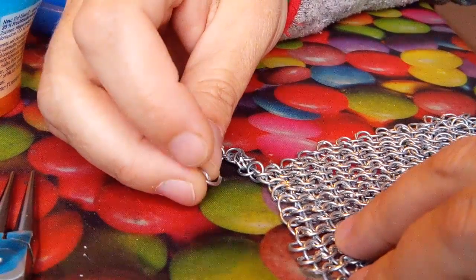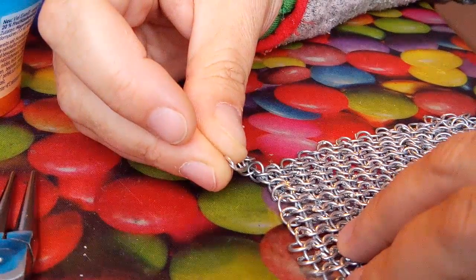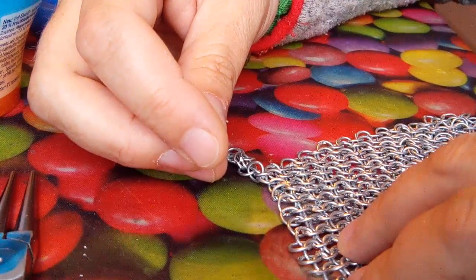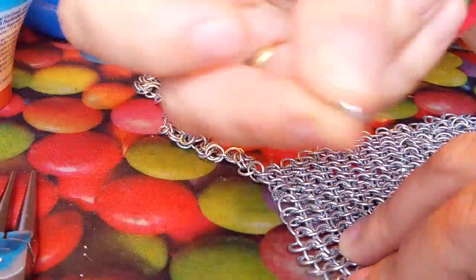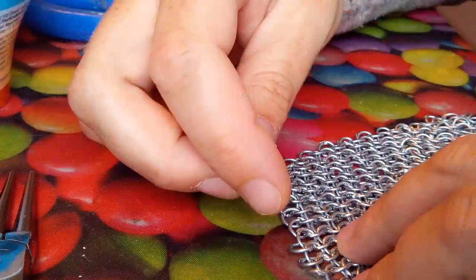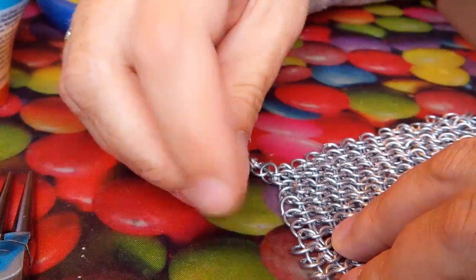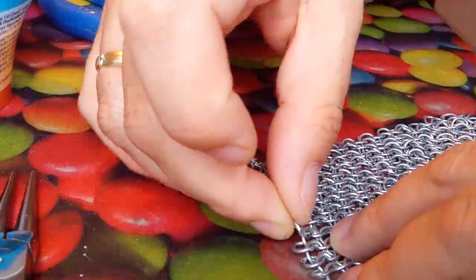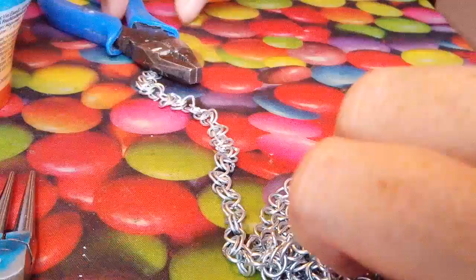and I will show you now how to put the rings together. They are made of wire wrapped around a dowel and then cut with a wire cutter. And now I will put this ring into the weave. So you have to do it in a certain fashion. I always do it from below, so one ring and the other. Okay, then I grab the ring, take two